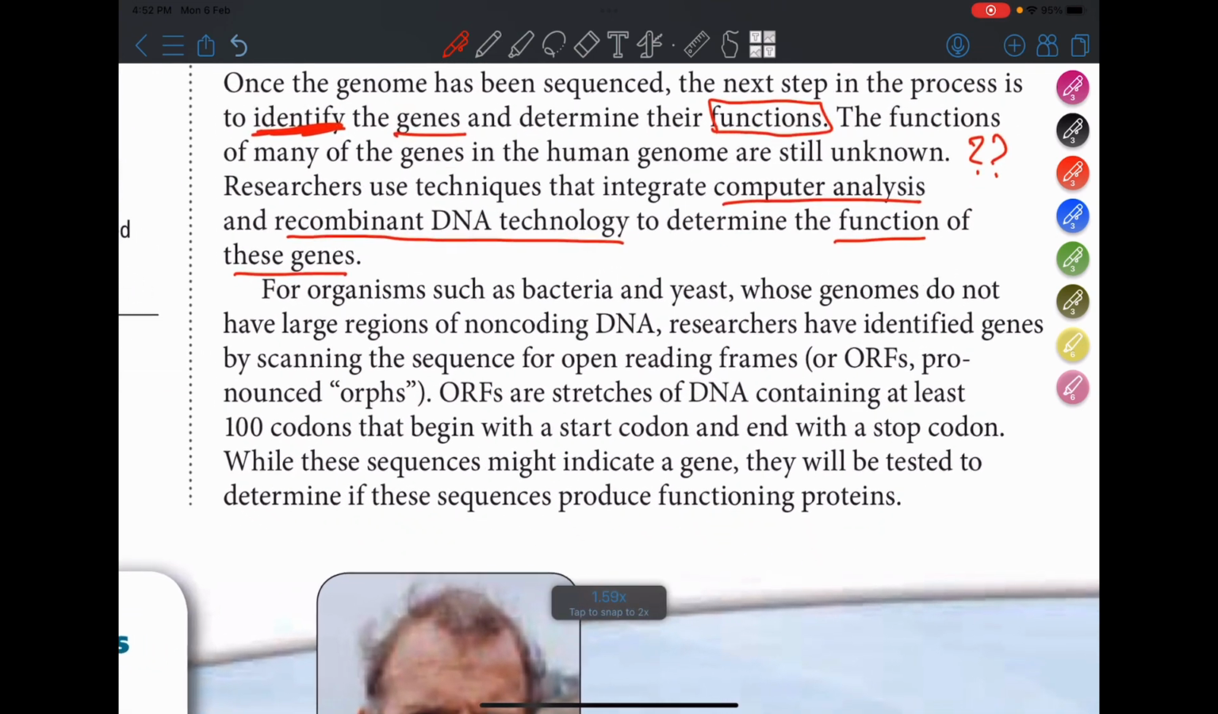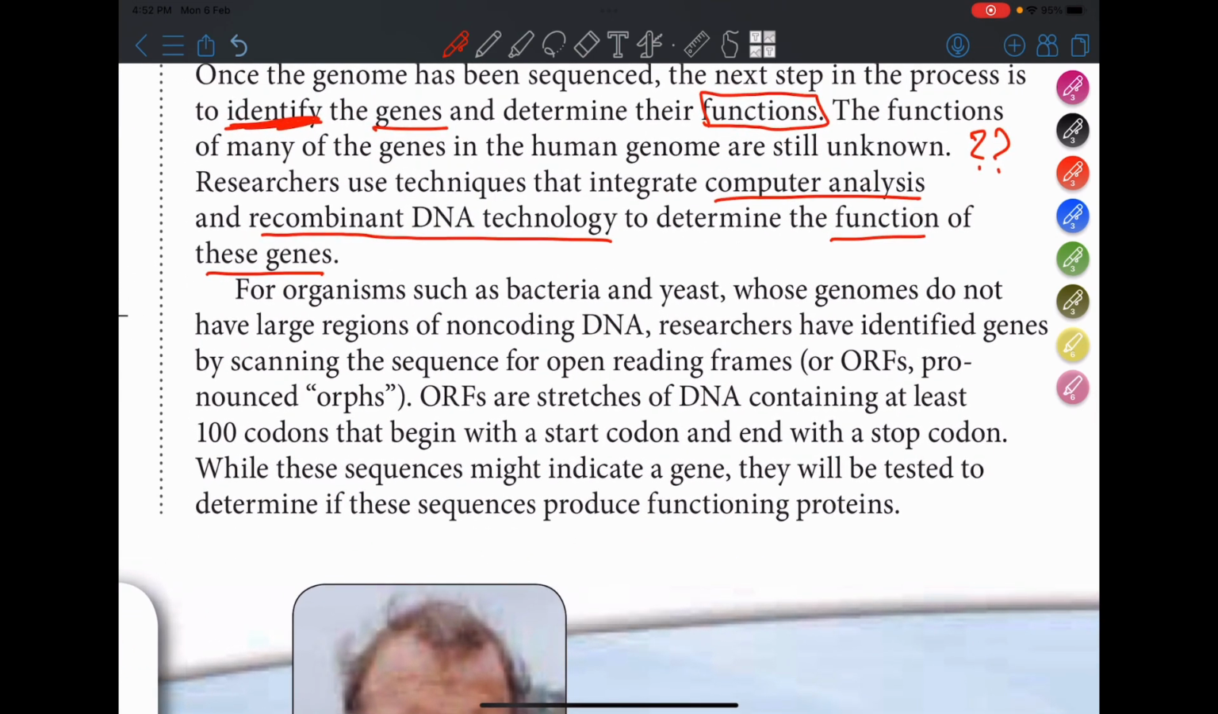Cool. Now, when we talk about bacteria and yeast, their genomes do not have large regions of non-coding DNA. So researchers have identified genes by scanning the sequence for open reading frames. What are open reading frames? Open reading frames are stretches of DNA containing at least 100 codons that begin with a start codon and end